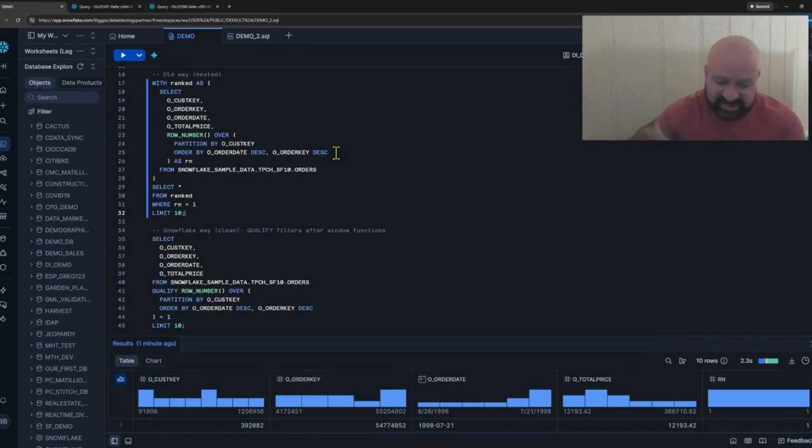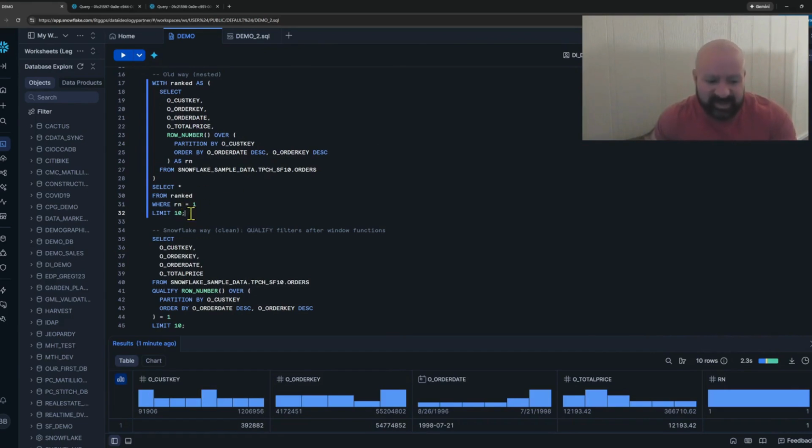The last 5 I've spent pretty heavily in Snowflake, and just wanted to go over a common hang up that people might run into that's not very performant when it comes to using window functions. So have you ever needed the latest record per customer? Well, if you're writing a subquery to do that, just to filter on row number, there's a cleaner way